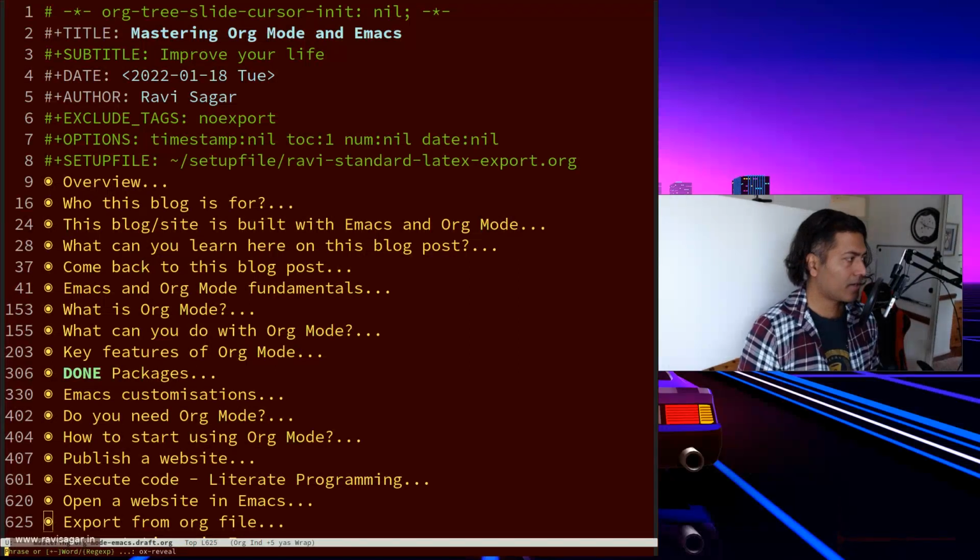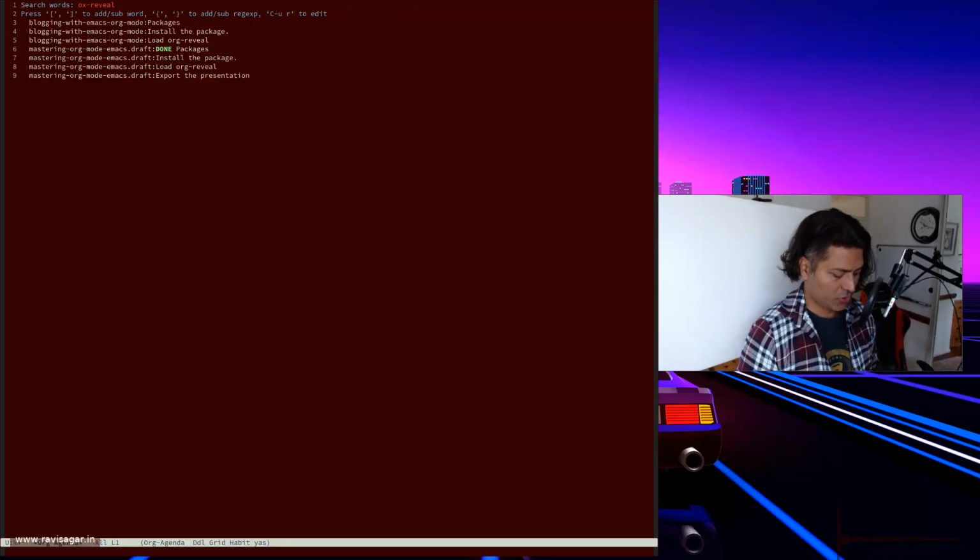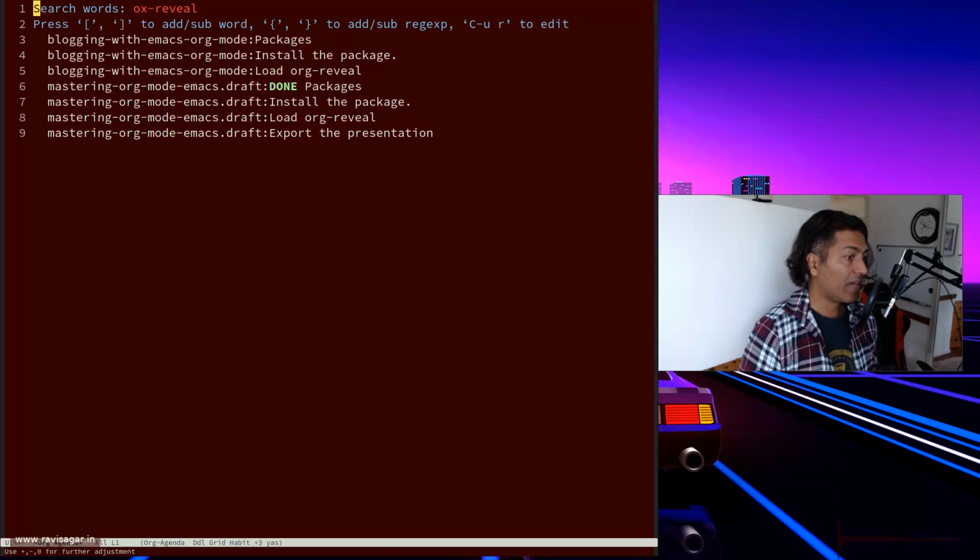If I press enter, it will show me the org files where I have that keyword, and I know it is there in this mastering org mode. I have two org files that are more or less the same. One is public, and the other is something that I'm working on locally, and then I'll make it public. So I found this particular